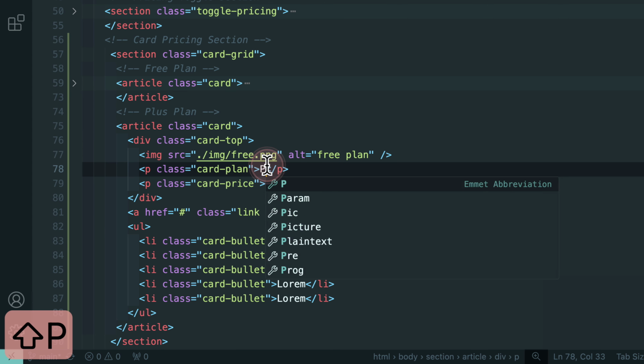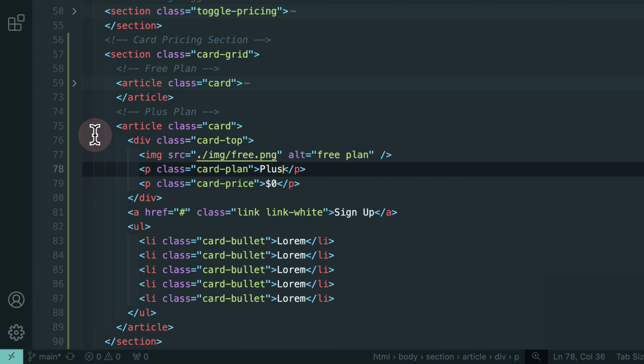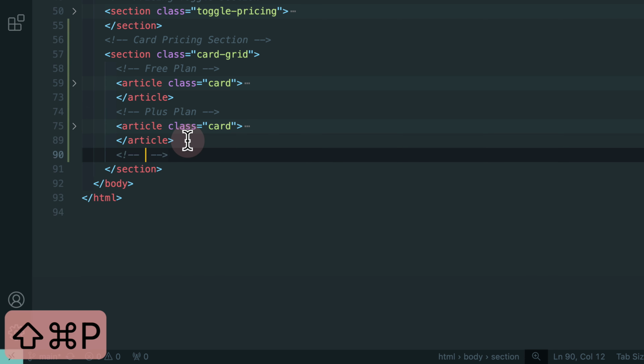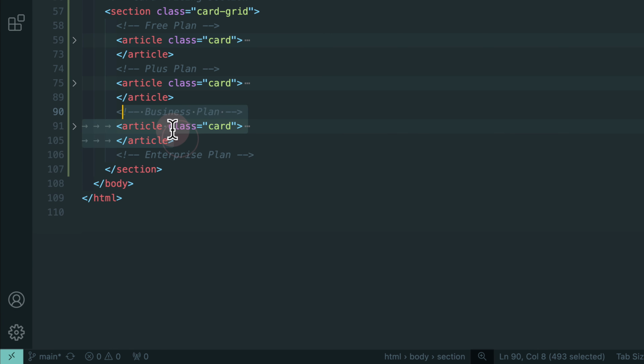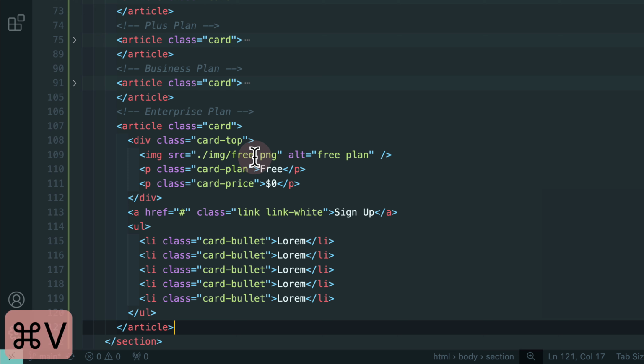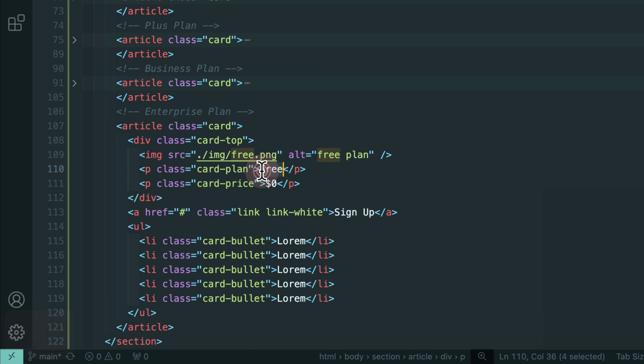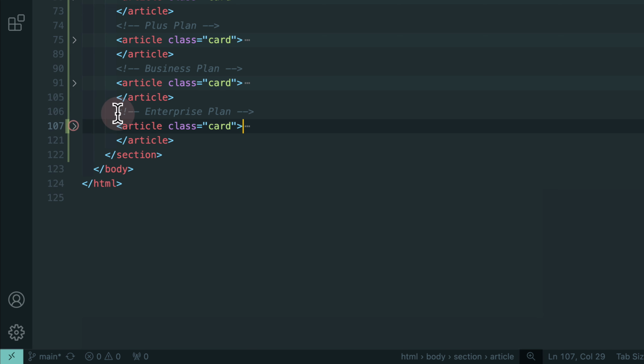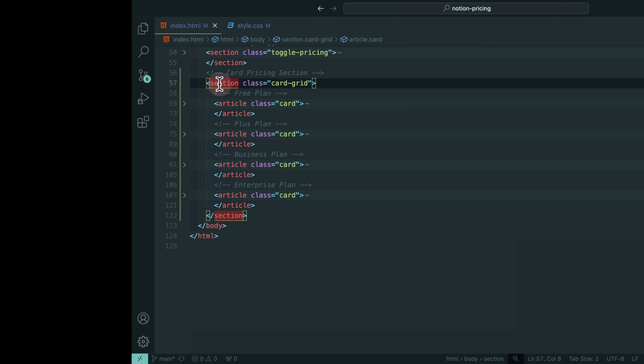For now we would just change the name to plus. We would update the values later on and then repeat that 2 times. And then here we added the business plan and then finally the enterprise plan, and then we would just update the enterprise title. So if I try to break this down, we have the card grid, which is the section,